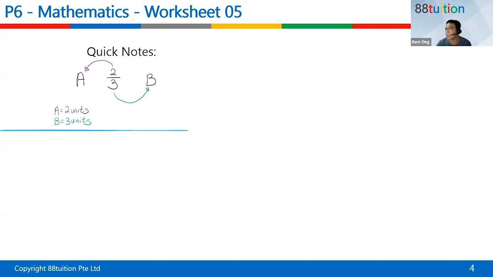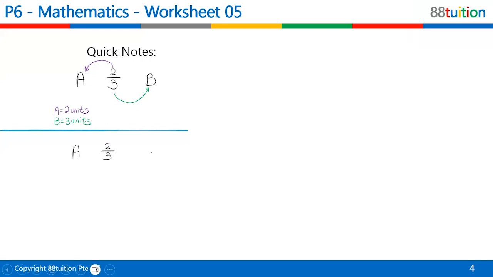All right, yes. Next, sometimes they may add in an extra word. So sometimes they may add in an extra word. What do I mean? Look. Children, look. A, 2/3 is still 2/3. B,